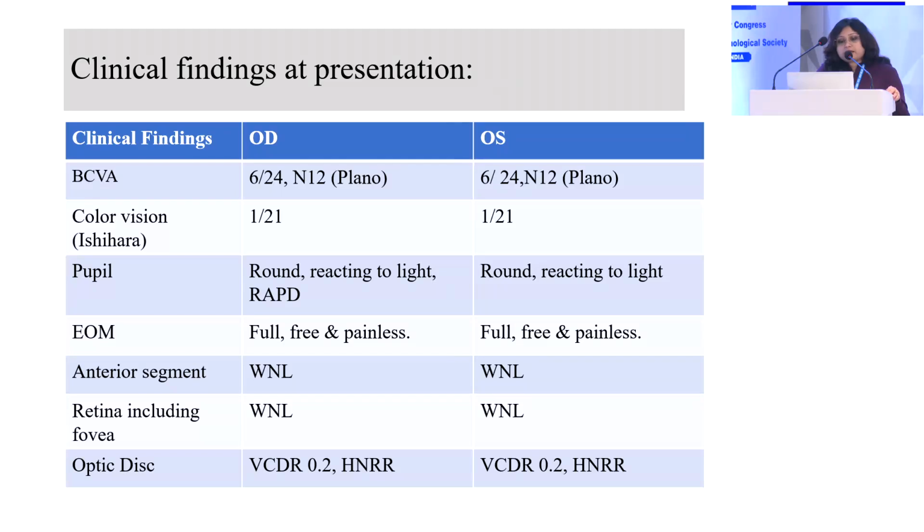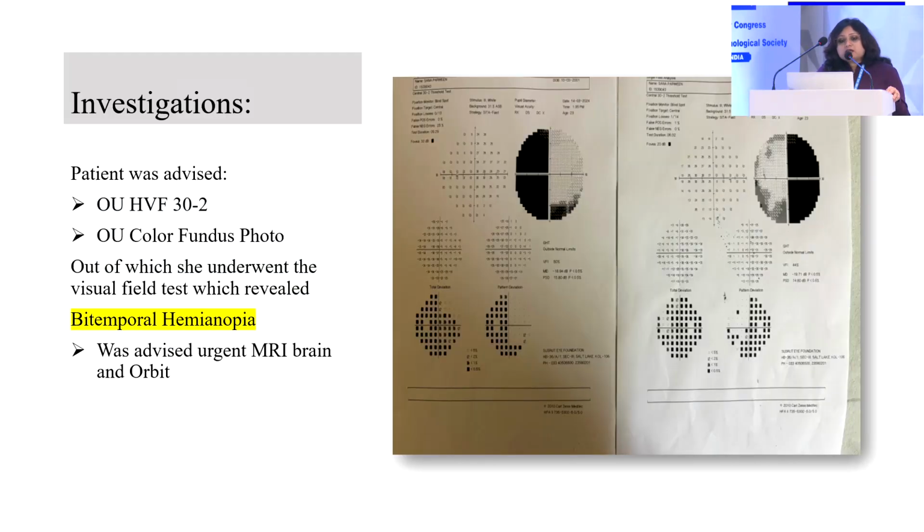Pupil showed a RAPD in the right eye. Her EOM are full, free, and painless. Both anterior and posterior segment findings, including the optic disc, were noted to be normal. So we advised her a visual field test along with a color fundus photo, out of which she only underwent the visual field test, which revealed a bitemporal hemianopia. So she was advised an urgent MRI brain and orbit,